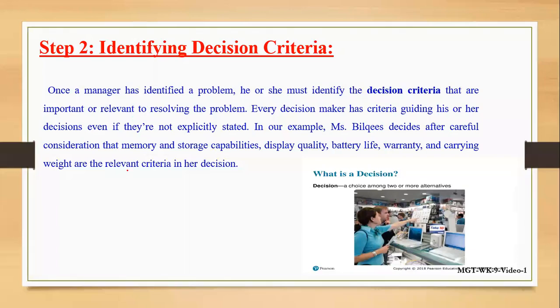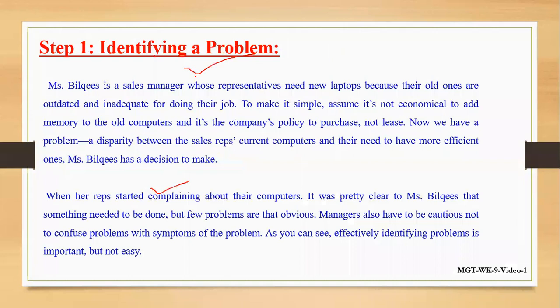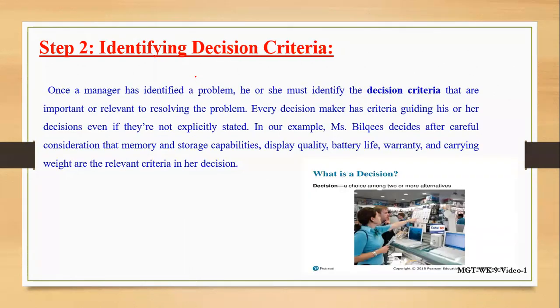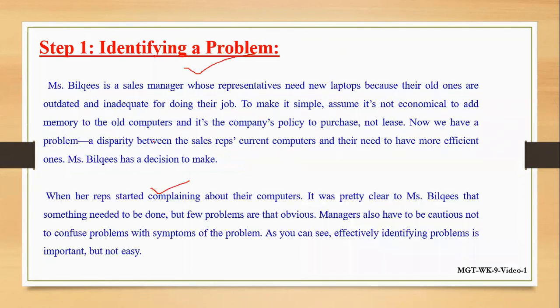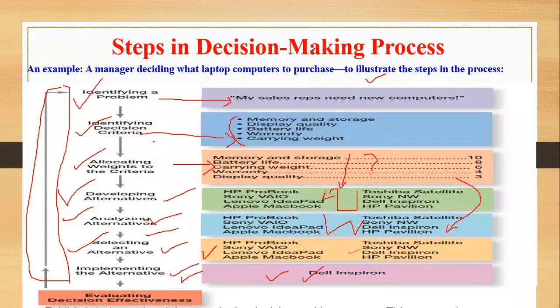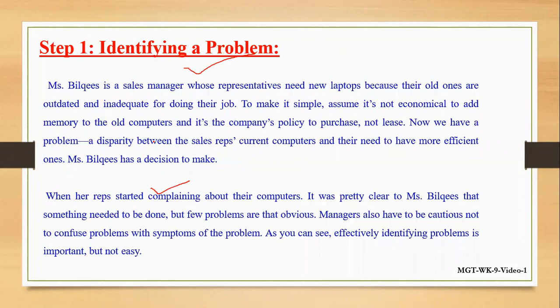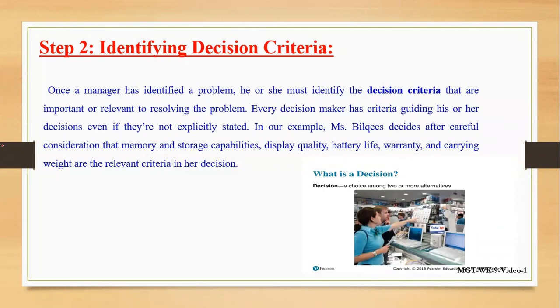Okay, second one is about we have to identify the decision criteria. We have to find out whatever the criteria is. Just a second, students. Okay, first we have to identify the problem. That means whatever the problem is, as per this example, we have already discussed that problem, right? And we have, you can say, a complete explanation about that specific problem. Now, what we have to do is we have to go for the decision criteria.